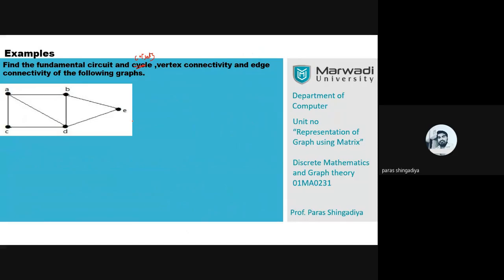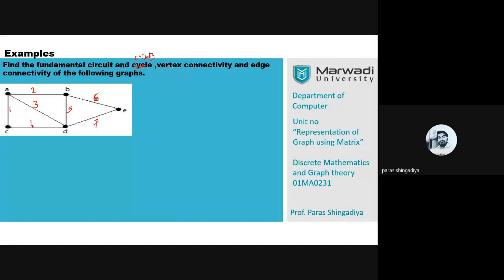Otherwise, it is also asked in such a way that you define a fundamental cut set and fundamental circuit and derive both for the following graph. So how can we derive it? What is the rule to derive the fundamental circuit and fundamental cut set? This graph is given here. The vertex notation is mentioned here. Let us mention the edge notations: 4, 5, 6, and 7. There are 7 edges included in this graph.